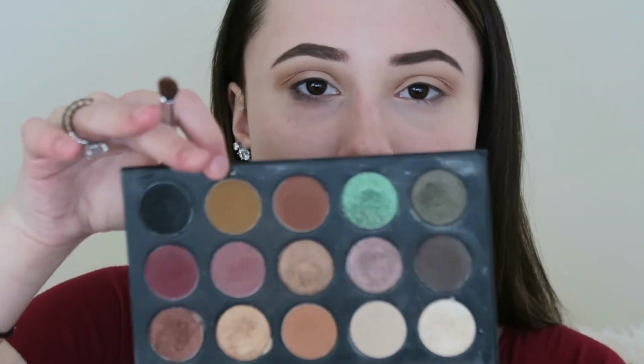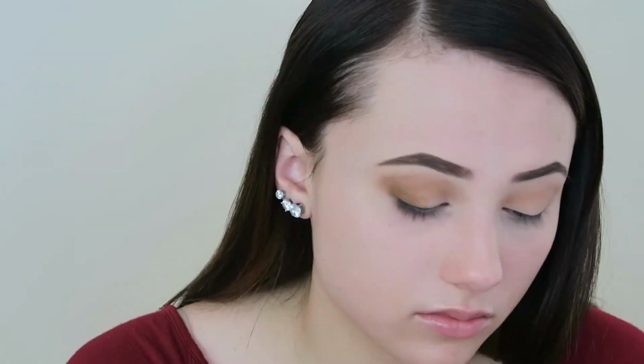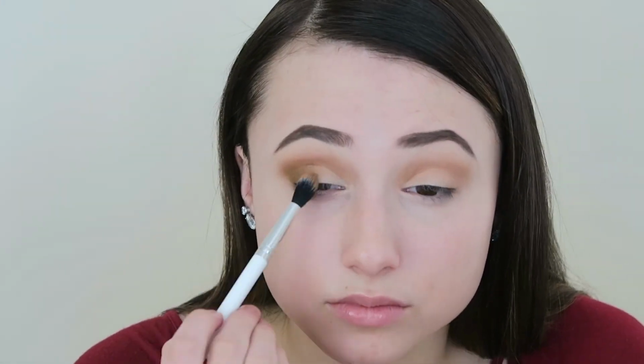Okay, so now that I have that finished, I'm going to go in with that Morphe E2 brush, and I'm going to go in with this like pukey color. I know it's kind of gross, but it's really flattering on the eyes. And I'm just going to deepen the outer V and a little bit of the crease, but I'm not going to bring it the whole way in on my crease. I'm just going to focus it mainly in the outer portion. I brought it about halfway across my lid